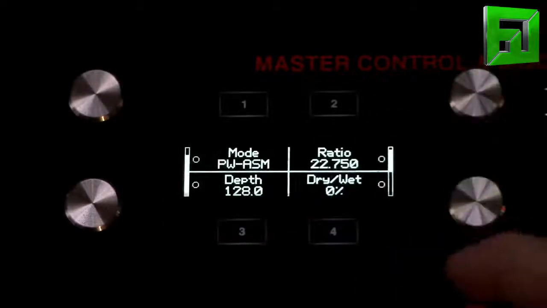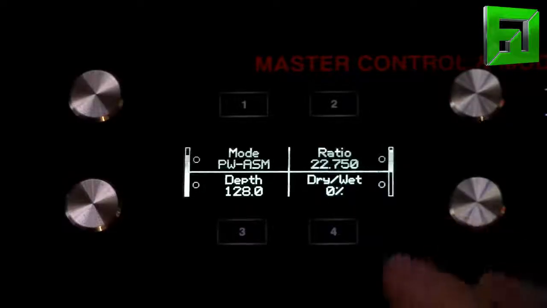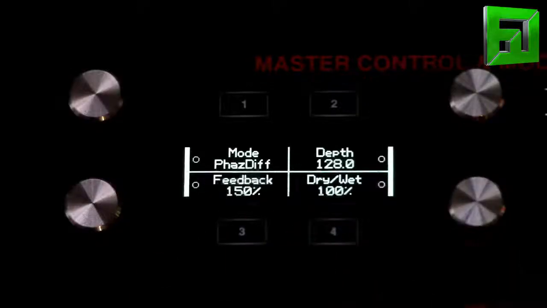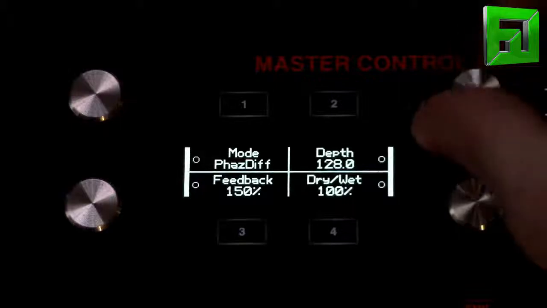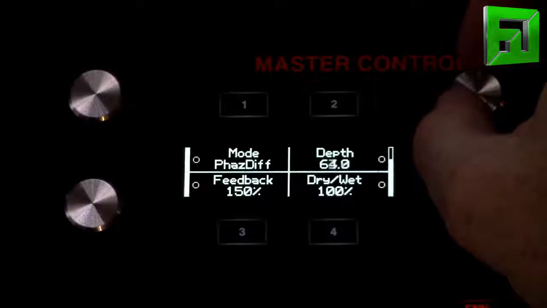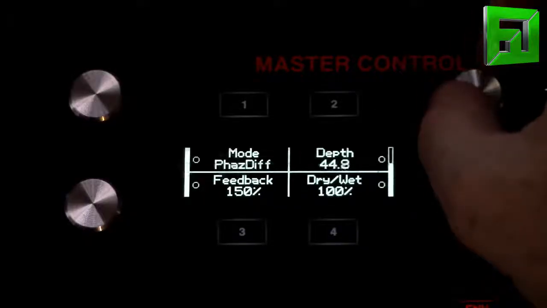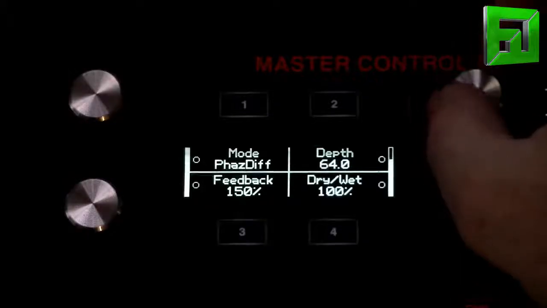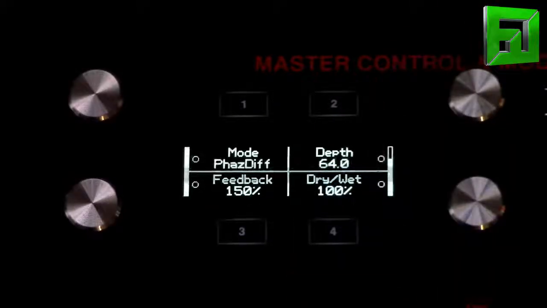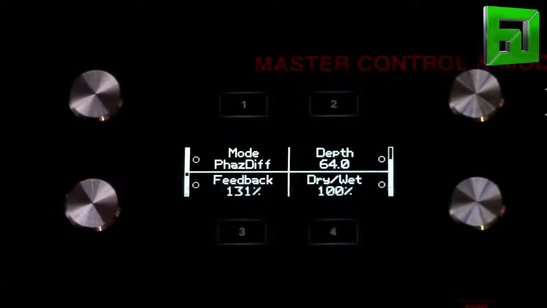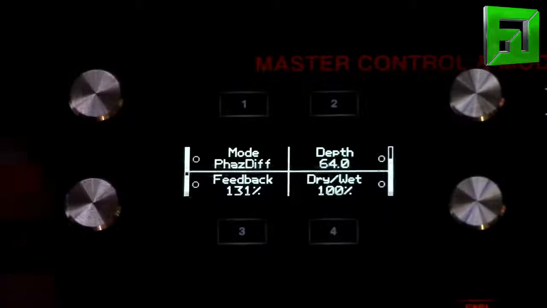So you have your basic parameters in here. You can really get into some playful areas now if you mess with the raw patch that you've set up, right? So if I just want to drop this down a bit, this is going to shift that whole comb filter setting. So now all my macros would start from a different place. If I start from 64, for instance, and I drop my feedback back just a bit, it's going to make it way more tame. But if I bring it up,